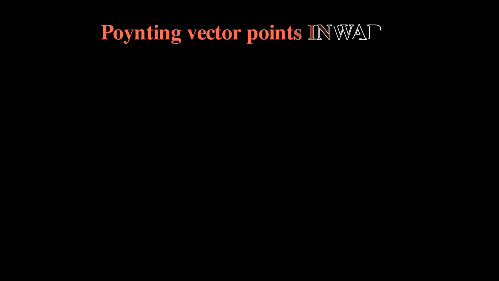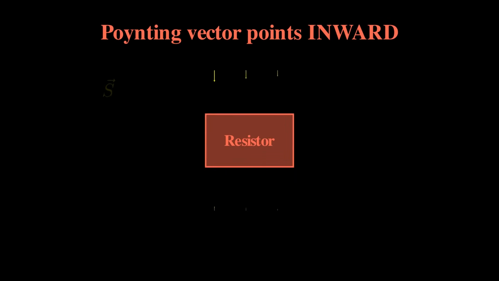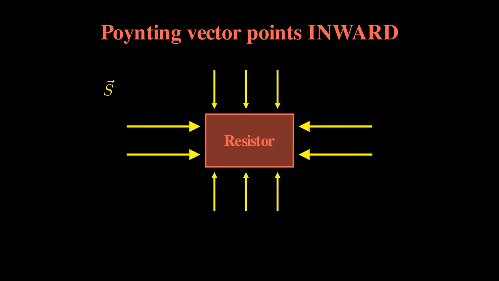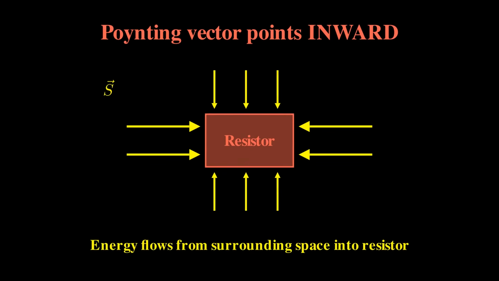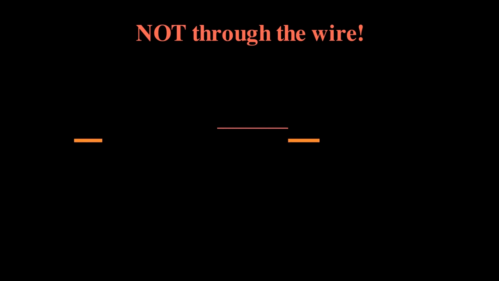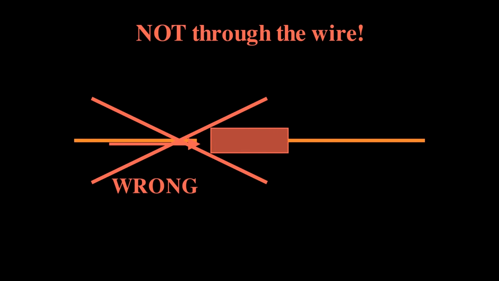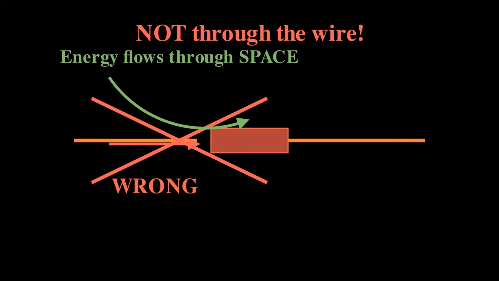That internal field interacts with the magnetic field produced by the current. When you compute the Poynting vector in this region, it points inward, from the surrounding space into the body of the resistor. So the energy does not travel through the copper wire into the resistor and then magically turn into heat. Instead, the energy flows through the space around the circuit, reaches the resistor's surface, and crosses into the material